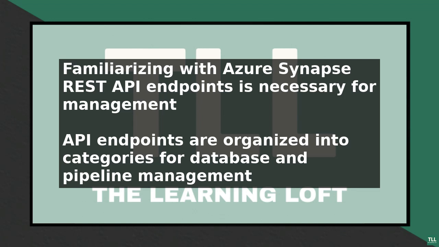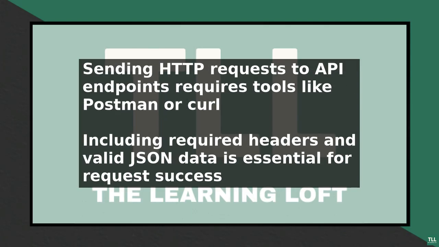When sending requests, it is essential to include the required headers, including the access token, content type, and accept type. The request body should be in JSON format, and it is crucial to validate the JSON data to ensure it is correct. Best practices for using Azure Synapse REST API include handling errors and exceptions, logging requests and responses, and